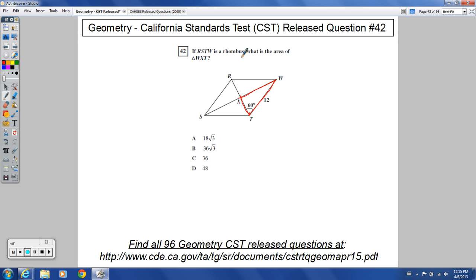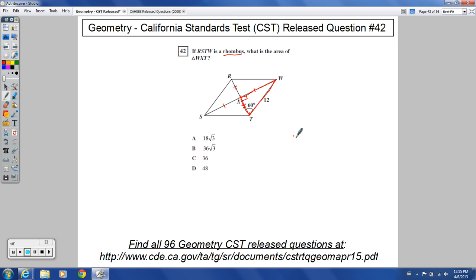There's some things I know about rhombuses or rhombi. I know that rhombi have these diagonals that not only bisect each other but are perpendicular to one another. And so I know that this length right here is the same as this length right here. I know that this one is the same as this one. I don't think that's really going to help us out here, but the fact this is a 90-degree angle definitely